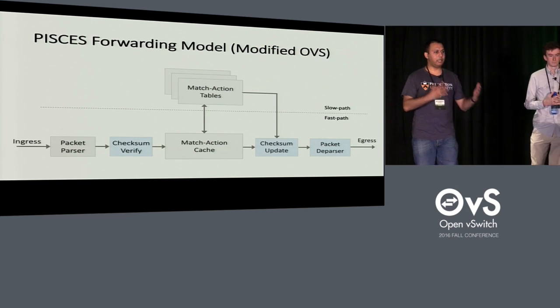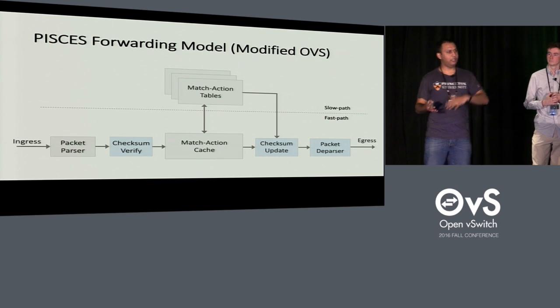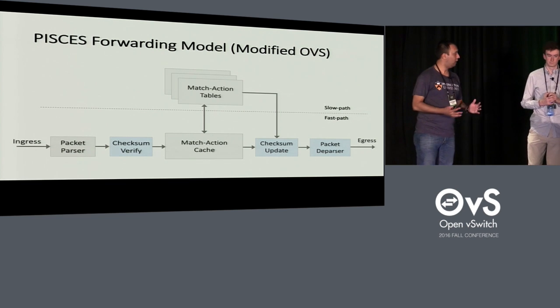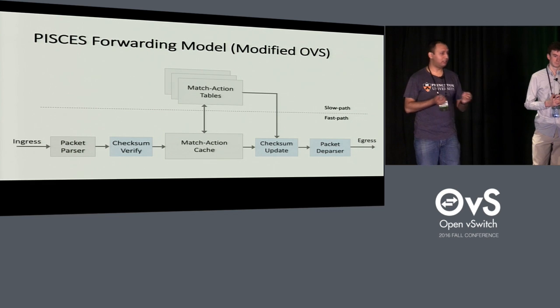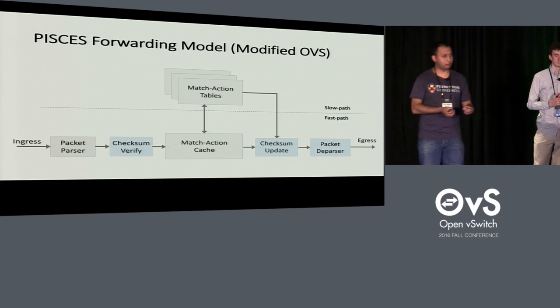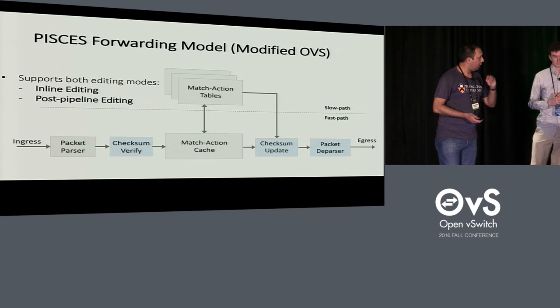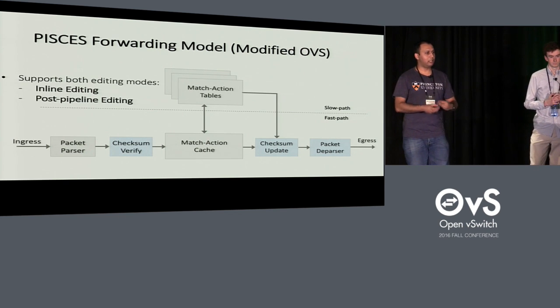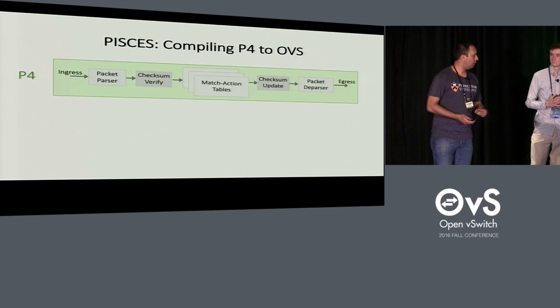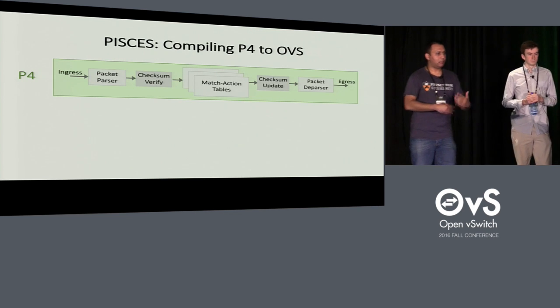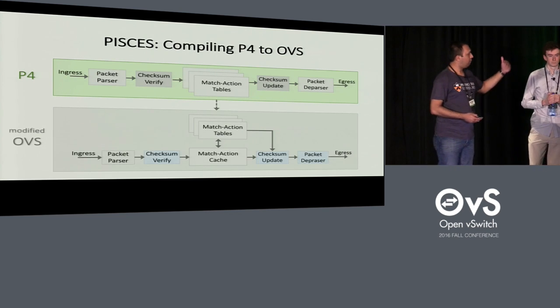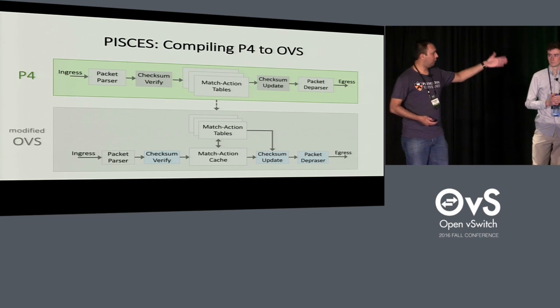So in order to compile P4 to OVS, we modified OVS in certain aspects. We added some missing components, such as checksum verify, checksum update, and packet deparser, in order to enable both inline editing and post-pipeline editing. So now the problem comes down to how we can take the P4 forwarding model and then compile it onto